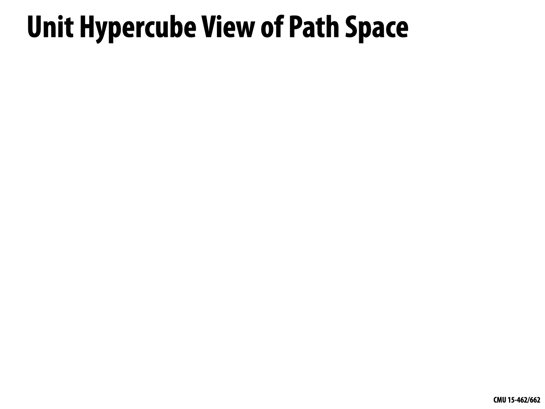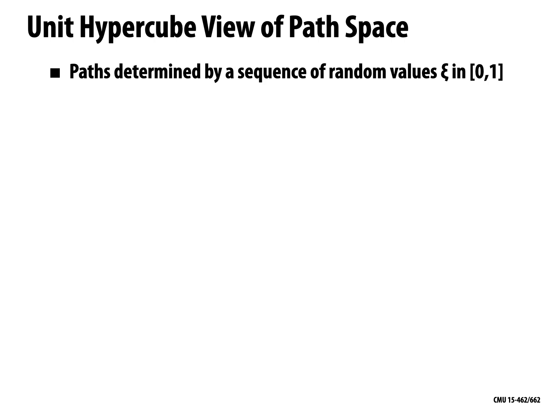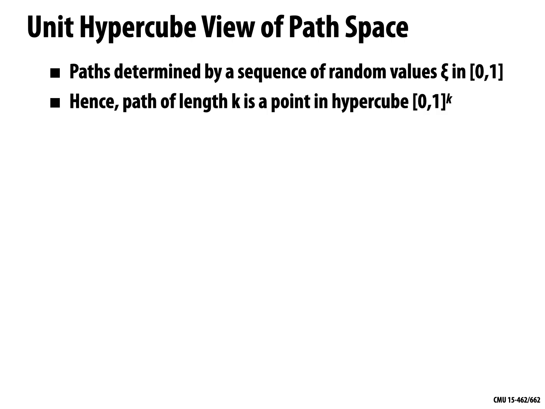So here's a nice way to visualize this path space. No matter how we're parameterizing our paths, at the end, they're always determined by a sequence of random values in 0, 1. We're always making calls to the random number generator on our computer. That thing's always returning values in the range 0, 1. And so we can think of any path as being described as a sequence of values between 0 and 1. Or, a little more geometrically, we can think about that sequence of points as describing points in a unit